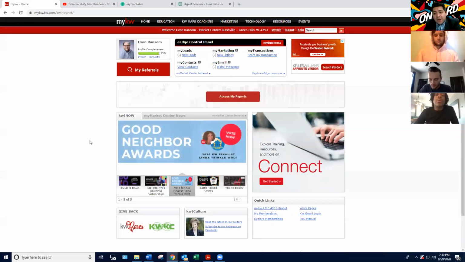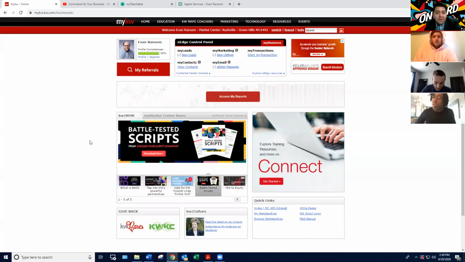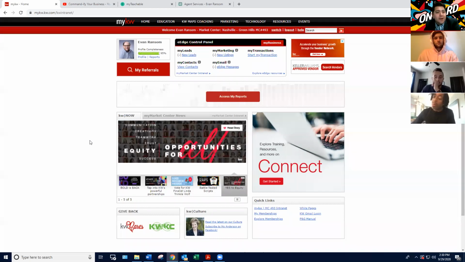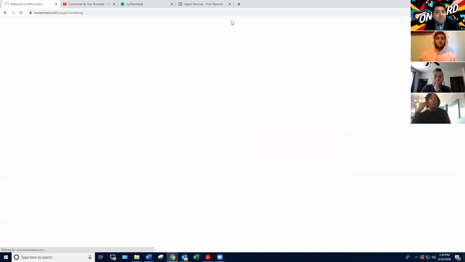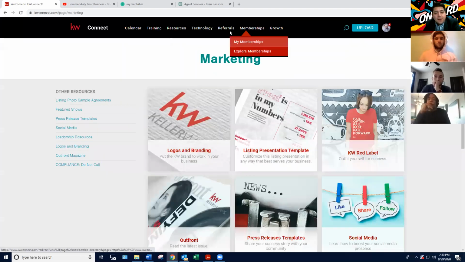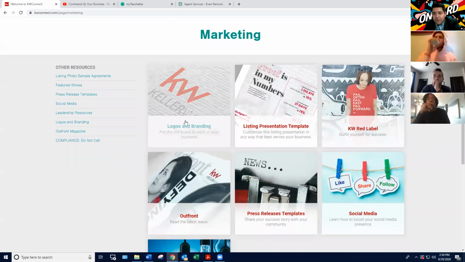The other area we're going to take a quick look at is getting the logo. So what's important about Keller Williams, especially being in the Southeast, is that you have to use the Southeast approved office logo. You cannot use a generic logo on any sort of marketing. So when you go into marketing here at the very top, and you go to logos and branding,